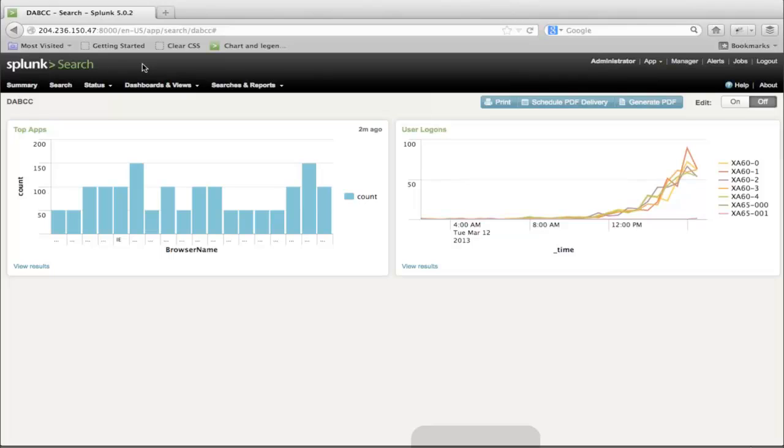Splunk does have an API so you can work with other systems. For instance, we'll look at an alerting mechanism in just a minute where we can integrate with somebody's ticketing system. Or if you have an existing monitoring system, we can take data out of it and use that to complement what's in Splunk, or we can take what's in Splunk and use that to complement another monitoring system.